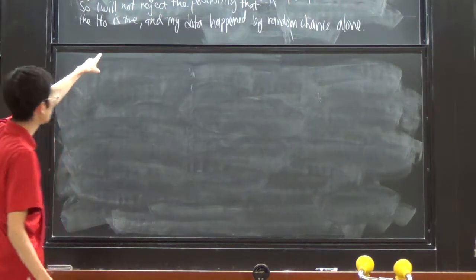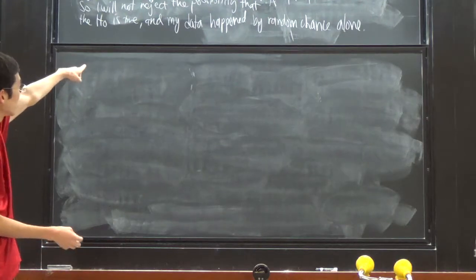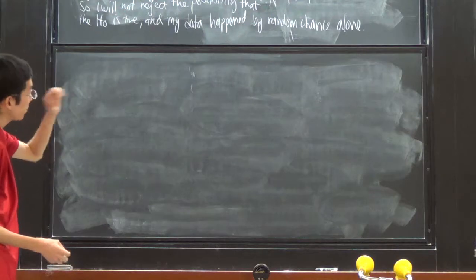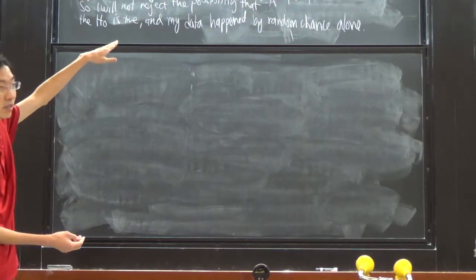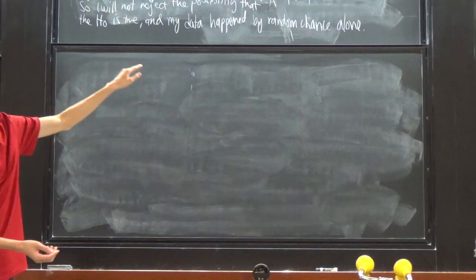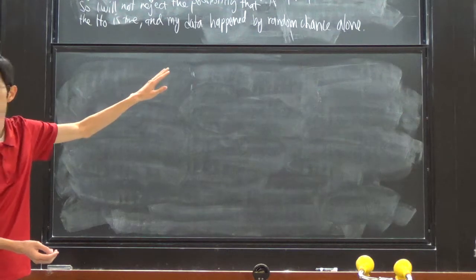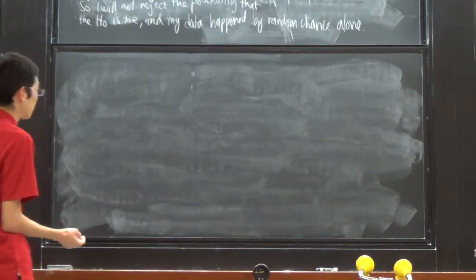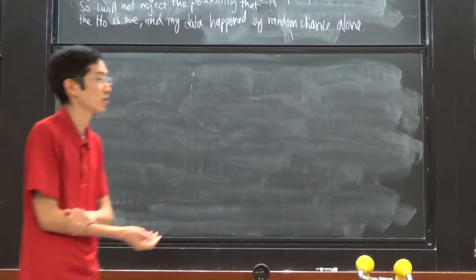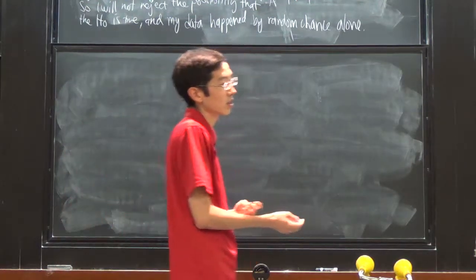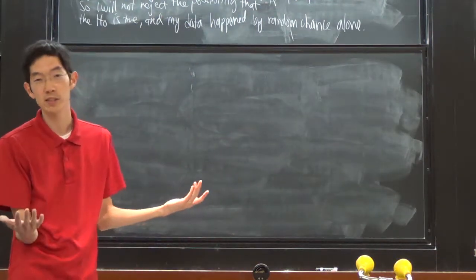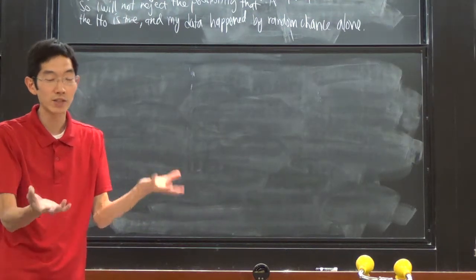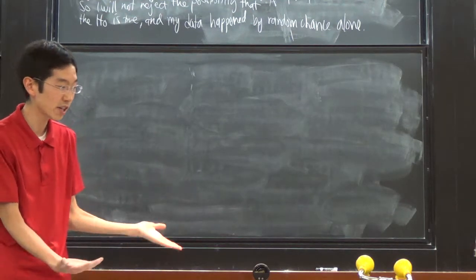So notice I wrote, I will not reject the possibility that the null hypothesis is true, and that my data happened by random chance alone. Okay. Notice I am not writing, this proves that the null hypothesis is true. Okay, because it doesn't. We've looked at, whatever, 30 mice, 28 mice, and we did not find a statistically significant difference. That doesn't mean the averages of the two groups of mice are the same. It's just